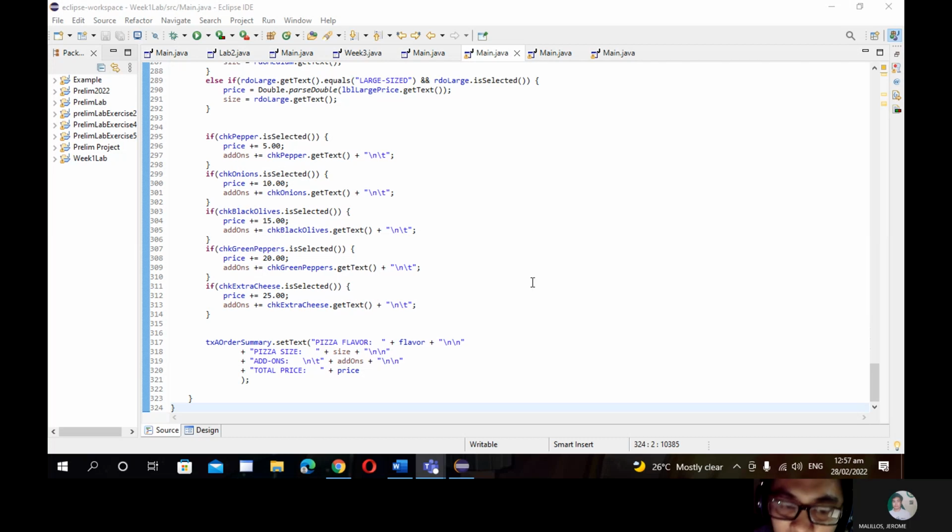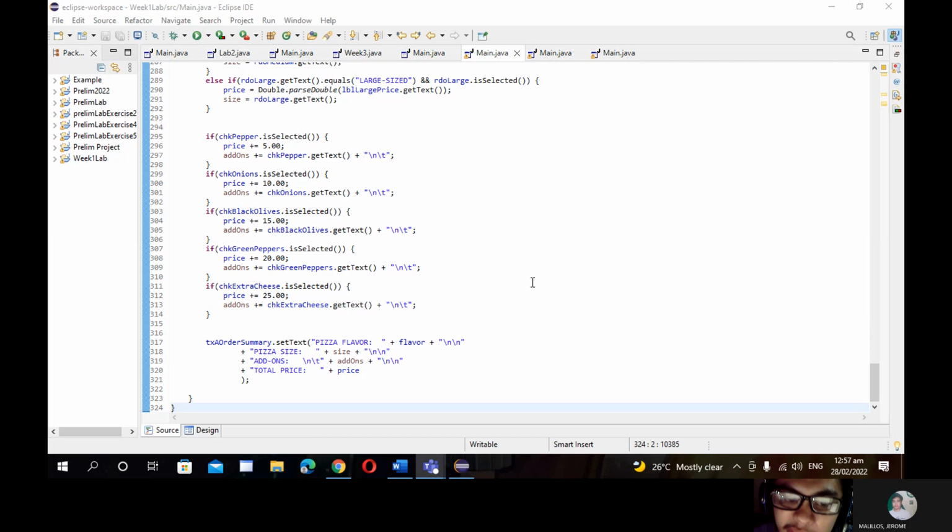Then next, if the checkbox onions is selected, then 10 pesos will be added to the price, and it will also concatenate the text property of